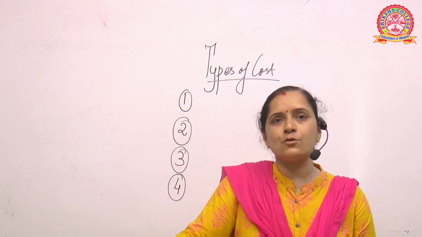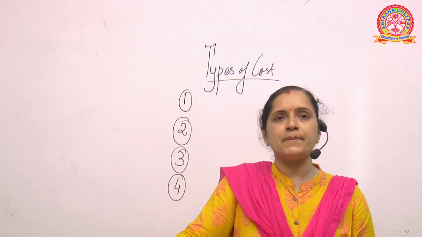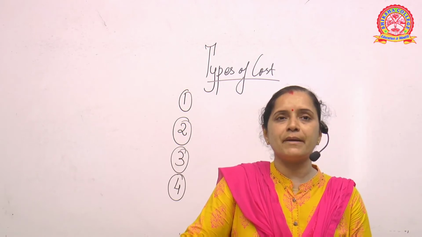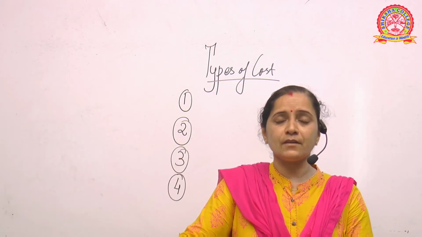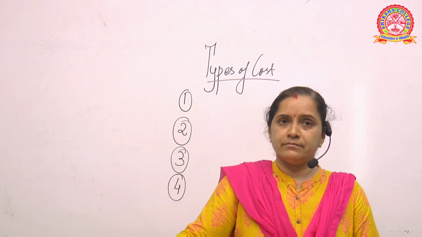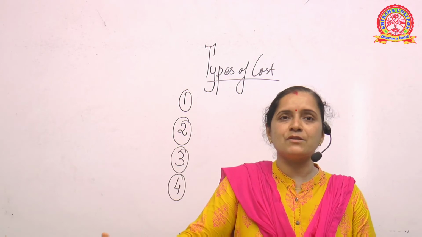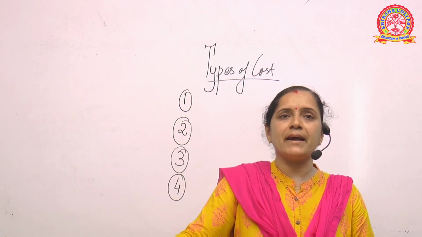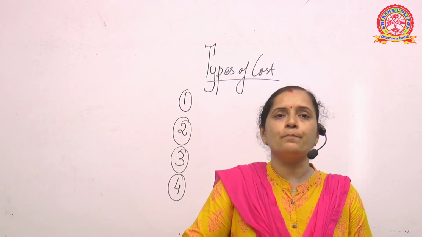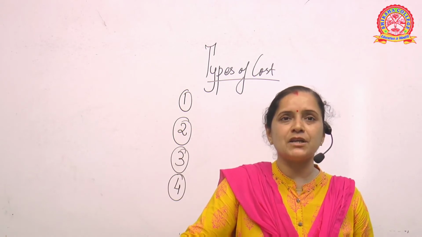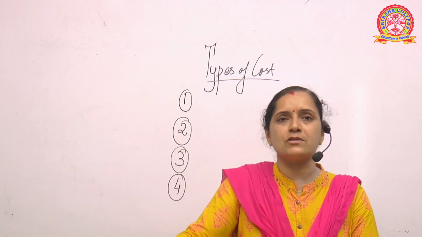By the expenditure, who makes the expenditure? Expenditure is made by the industry or your firm or a private company. And the question comes, why is the expenditure made? The expenditure is made to produce some goods and services. So these 3 words you remember: expenditure, industries, and to produce goods and services.